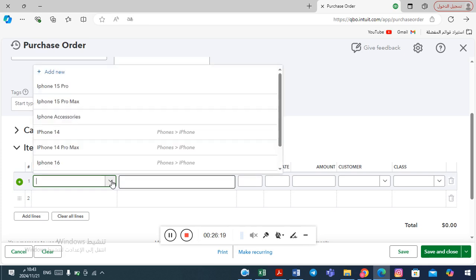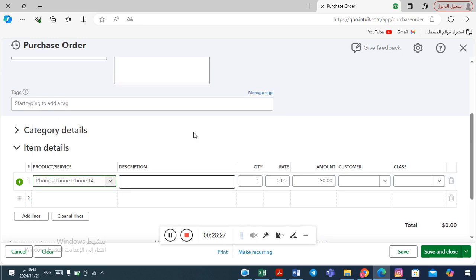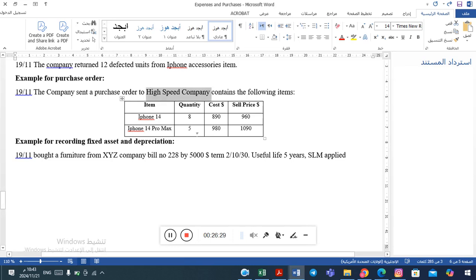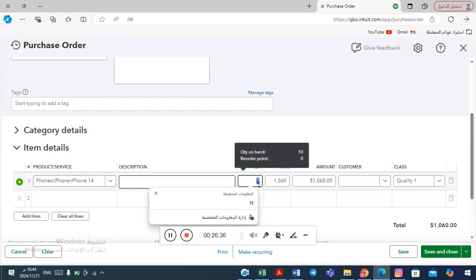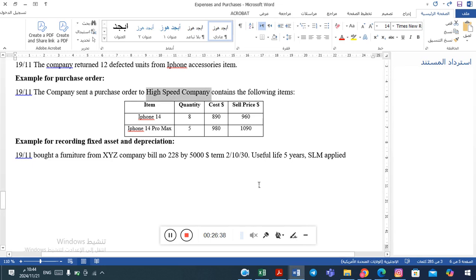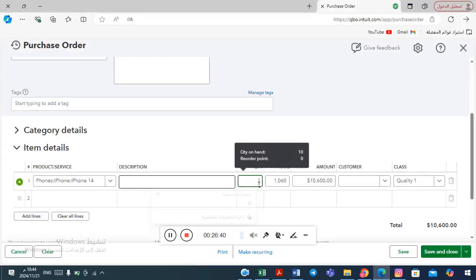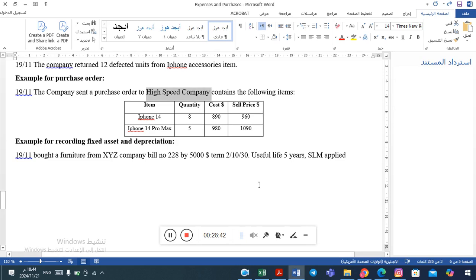So products, I think we have the products, iPhone 14. I think so. 14, yes. And the quantity, I think 8. 8, okay. The price,